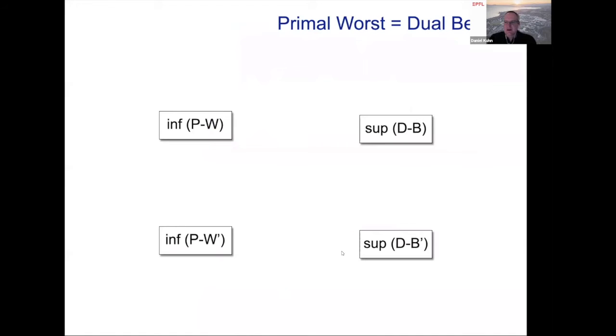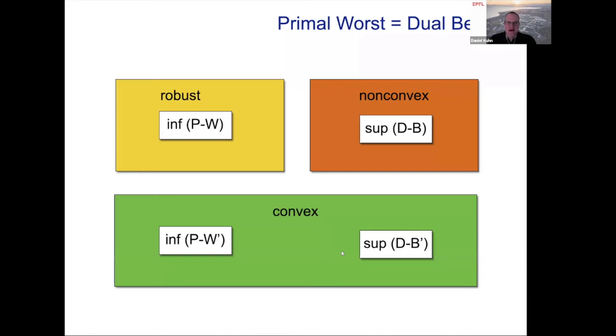Okay, so to summarize, our discussion of robust optimization has shown that the problems we studied are the primal worst and the dual best problems, so PW and DB. And we have found there are convex reformulations PW prime and DB prime. Now, the primal worst involves embedded subproblems, these maximization problems that the evil adversary has to solve, and therefore it seems hard at first sight. It seems to be a difficult problem. The dual best problem has a non-convex objective function, and therefore, of course, it seems also to be hard. Yet both of these problems are equivalent to simple convex programs.